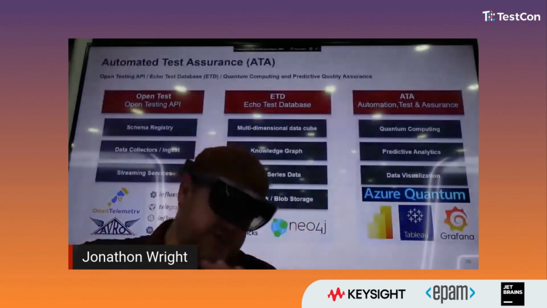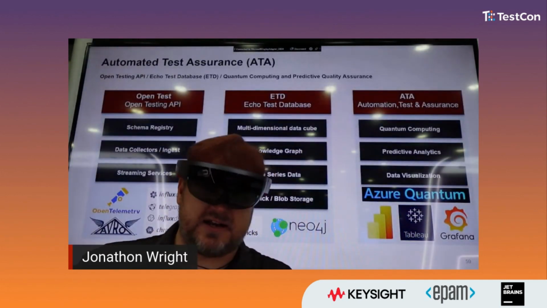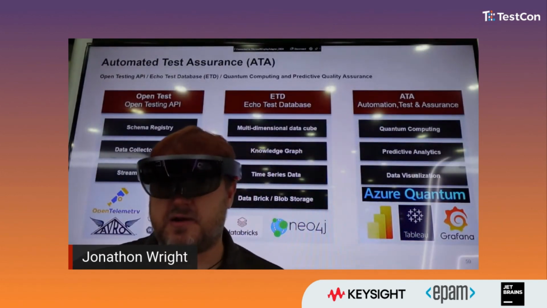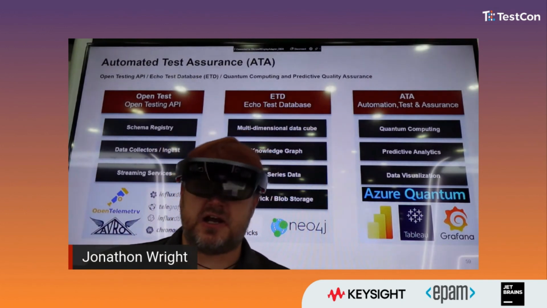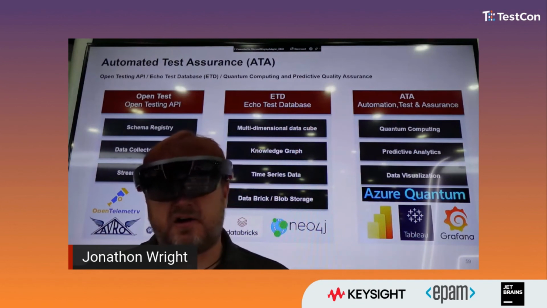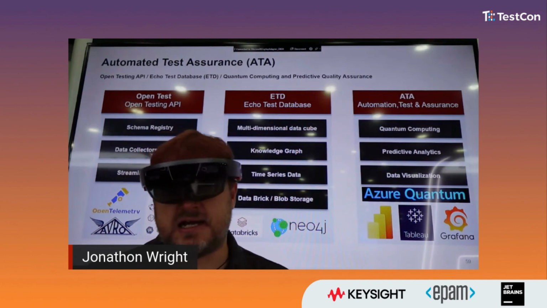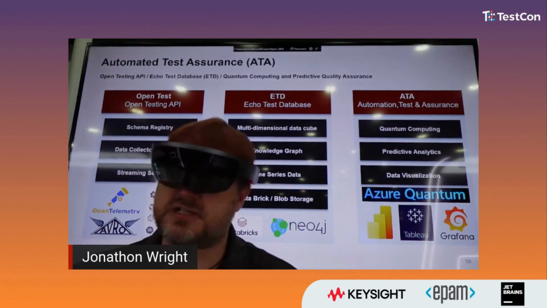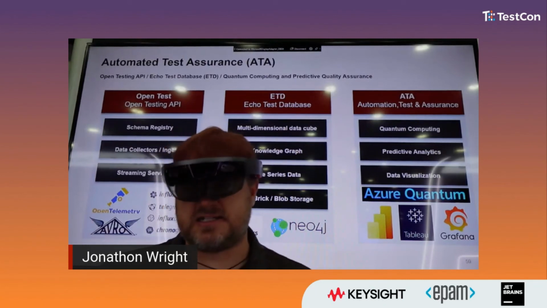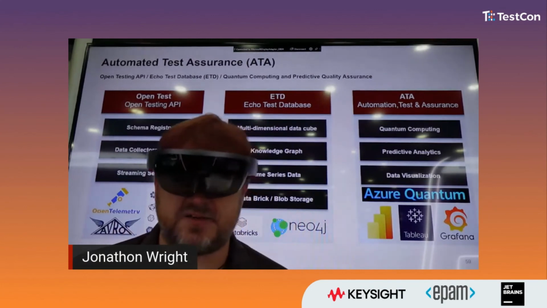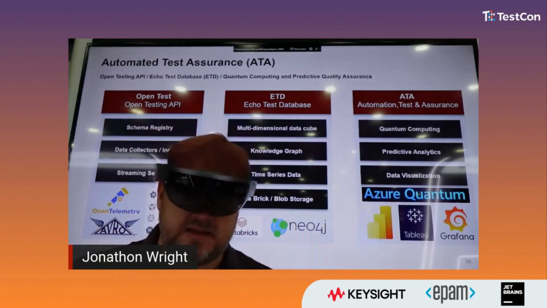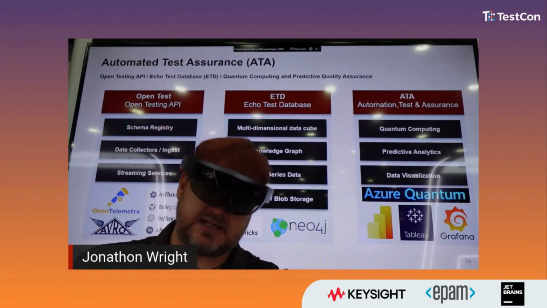And then I mentioned I'd finish on a bit of a teaser, around what we're doing from a quantum computing perspective. What we're looking at the moment as part of Project ADA and automated test assurance, which is like APM vendors in essence, is how do we bring in all this time series data from the TICK stack or InfluxDB? How do we bring in things like